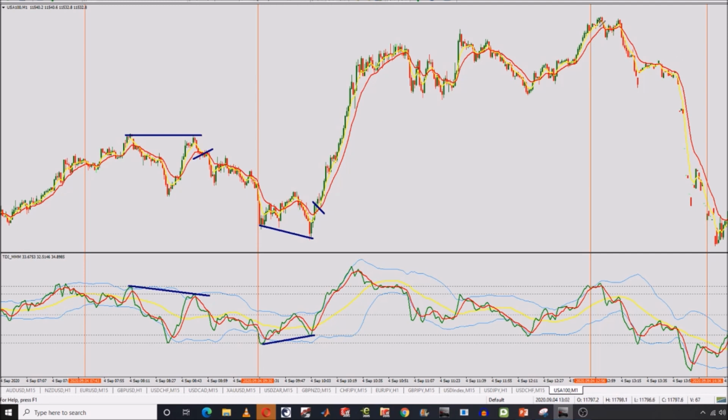Here we had another setup where we had two legs of the same size, but on the TDI we had the opposite. Entering after our entry rules was definitely going to give us